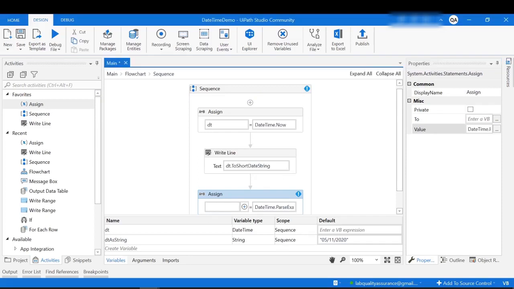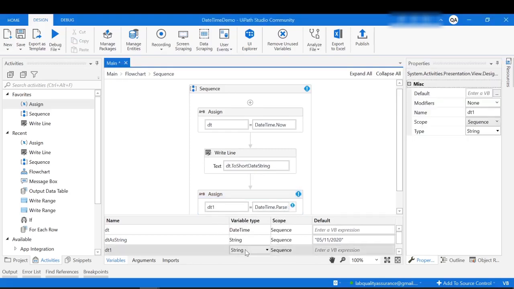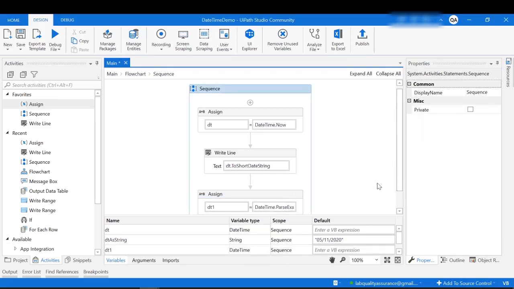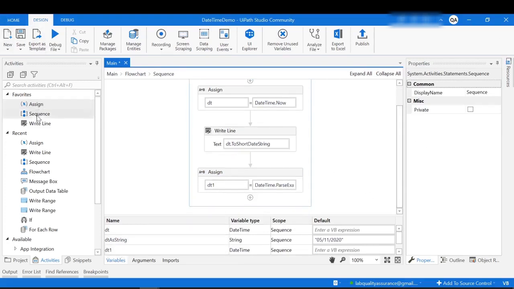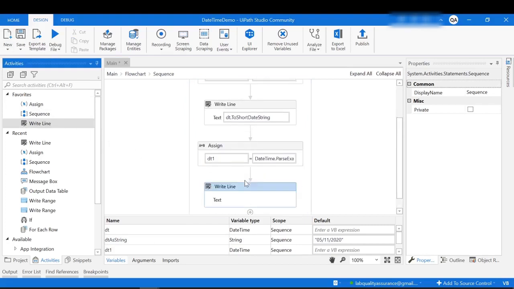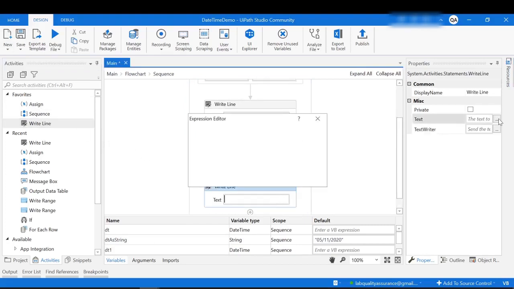So create another datetime variable here. I'm going to provide it as dt1. So here I'll have to convert it into a datetime variable. So with this, we converted the string to a datetime variable. We can also display it in the output panel. So for that, I'll use the write line again. And here in the text, I will provide